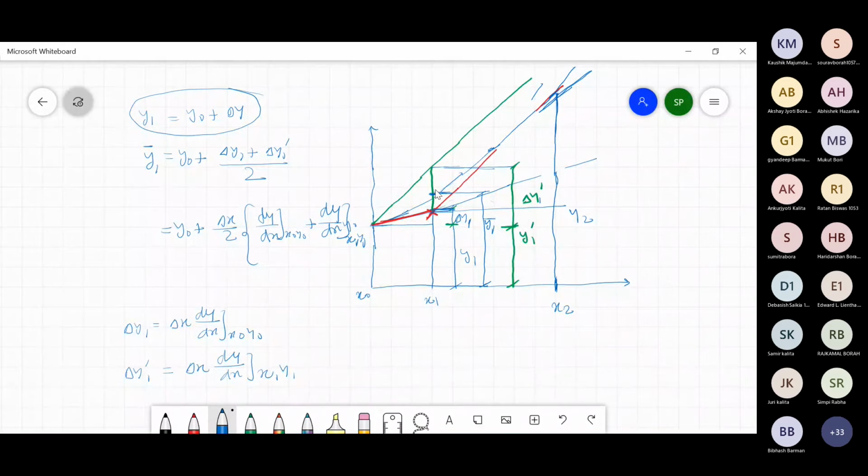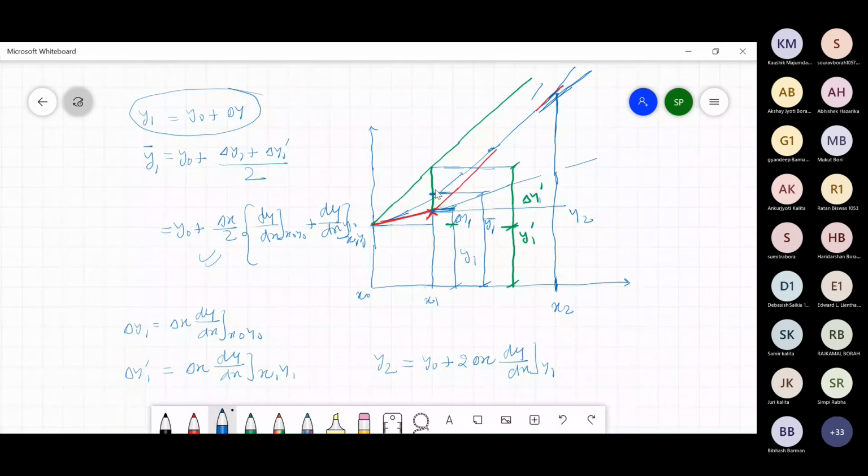I'm writing it. y2 is equal to y0 plus 2 delta x dy by dx at y1. See, in calculating the value of x1, y1, in the next step we are using y1 plus delta x by 2 dy by dx at x0 and dy by dx at x1, y1. Both slopes we have considered, this one and this one. But in the next step, the origin is known. Next step you have to do in this way. After that, you have to continue in this way.